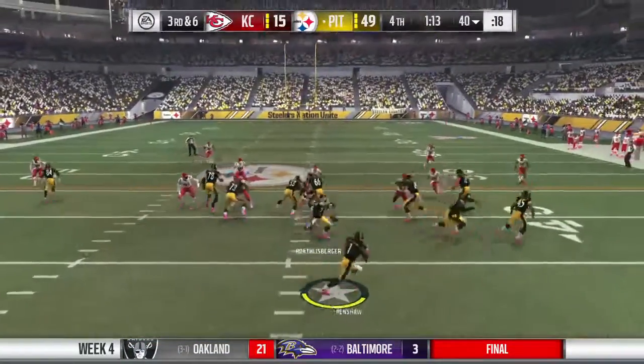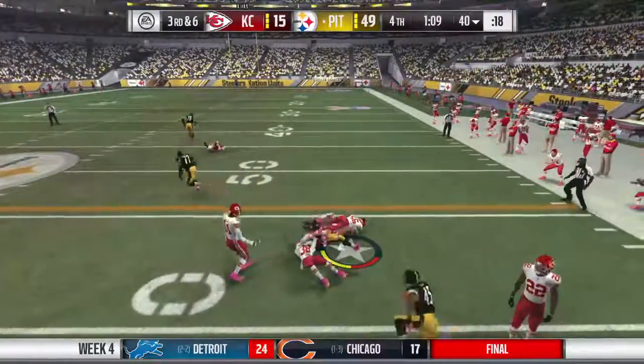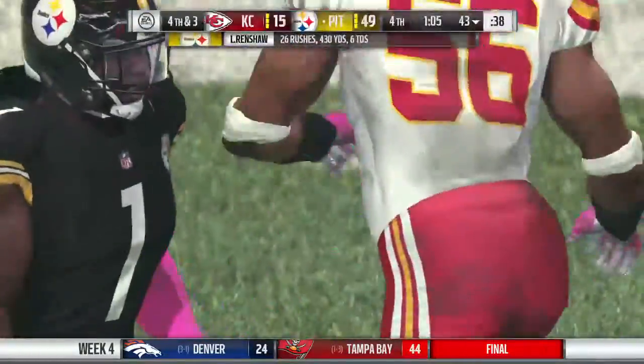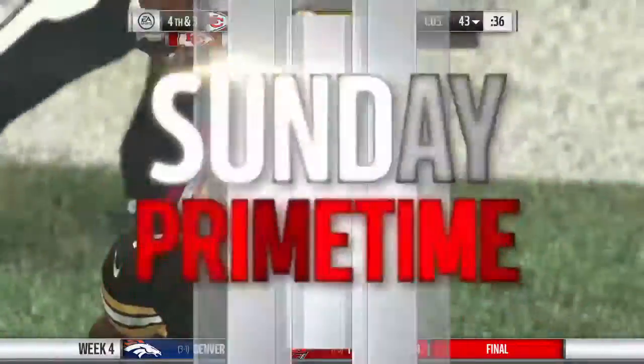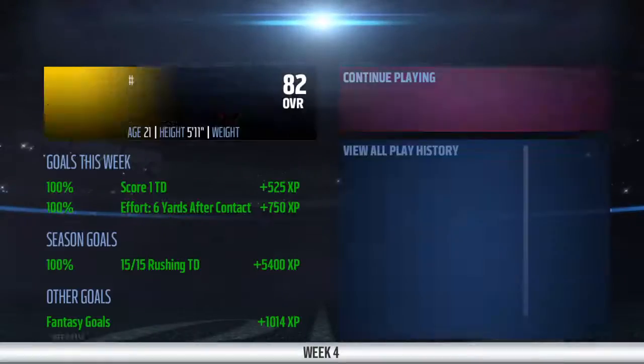And it looks like we've got a dime set here defensively. 6 DBs in the game. And he will be brought down at about the 43 that time. Call it a gain of 3, and it'll bring up 4th down. Well, this was just simply excellent defense. On this 3rd down, they had to be alert for the possibility of...